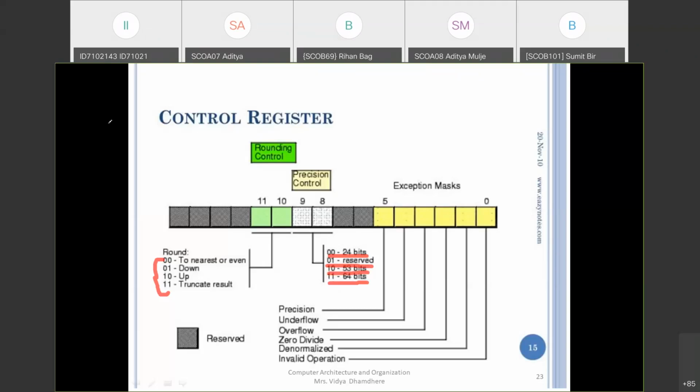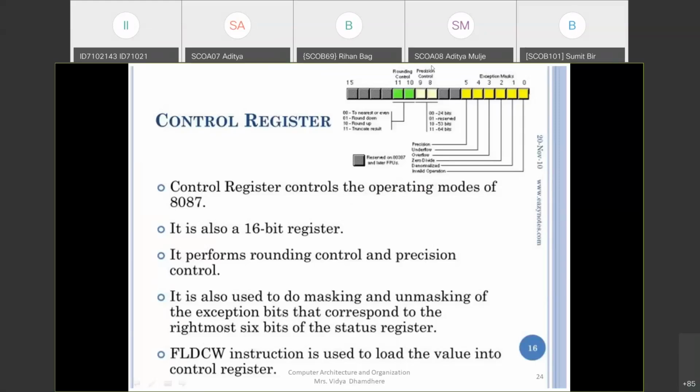Like this, control registers are used. Now moving to the next part of the control register. As I explained, control registers are used for controlling the operating modes of the 8087 coprocessor, using a 16-bit register. It performs the rounding control and precision control operations, which I explained in the previous example.